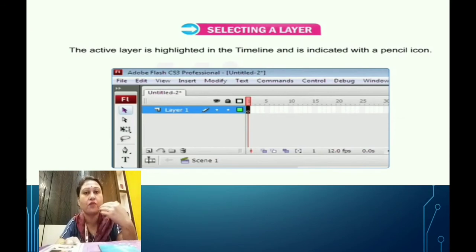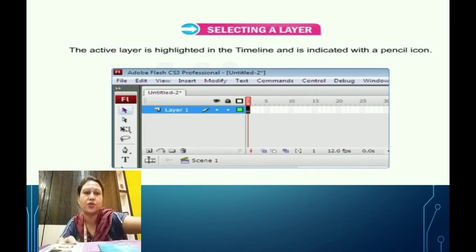So whenever we are working on any layer, that layer becomes active. And always remember how we come to know that a layer is active: you will find a small pencil icon beside the layer name. All right, so this is all about what layers are, and how we can select a layer.